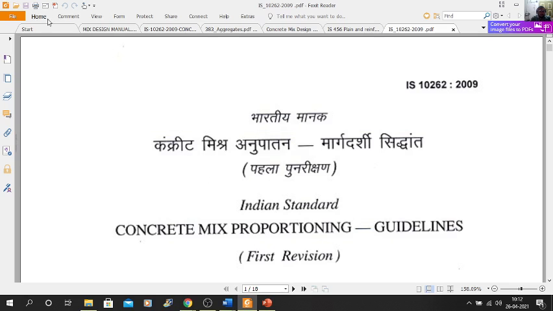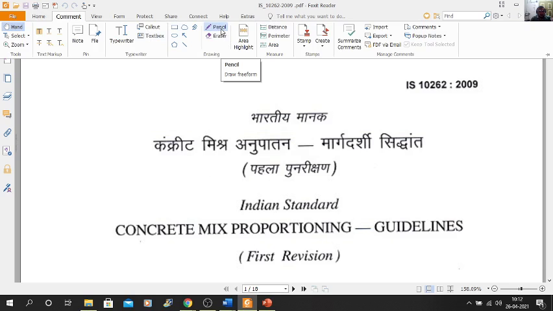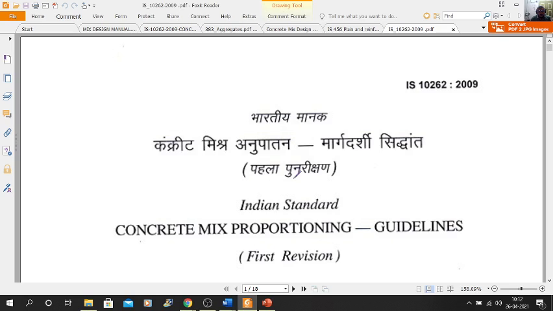So you need the IS code, that is IS 10262:2009, which is visible on your screen, and that is nothing but the concrete mix proportioning guideline, which is given by the Bureau of Indian Standards.